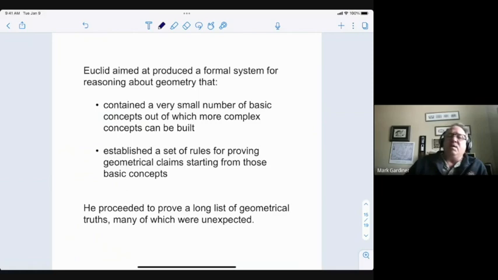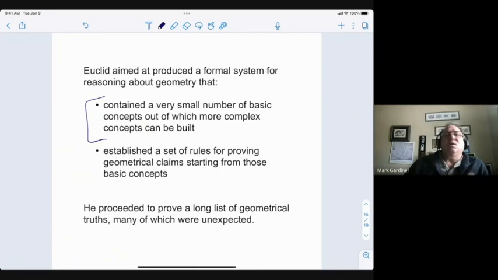So, in the video, he defined a point, he defined a line. That's the shortest distance between 2 points. He defined an angle as when 2 lines meet, they form an angle, and a plane is what happens when you've got 3 lines, the area between 3 lines. And from those 4 basic definitions, we can get triangles, quadrilaterals, cones, all kinds of different concepts built out of it. So that's one thing that a formal system tries to do.